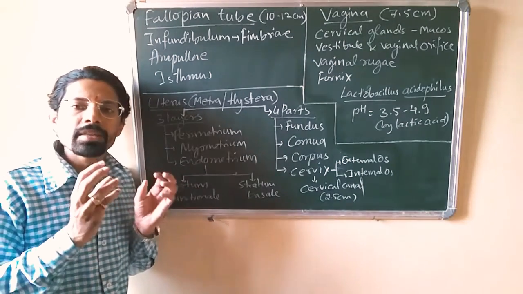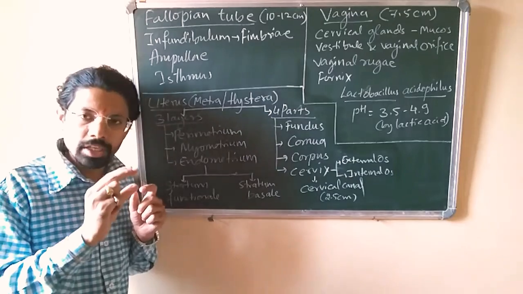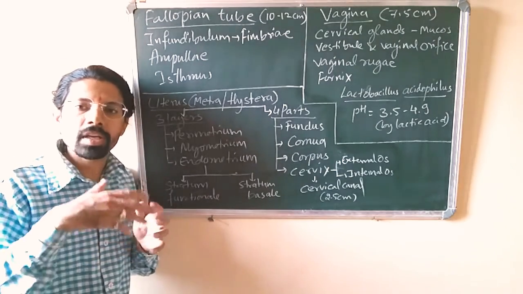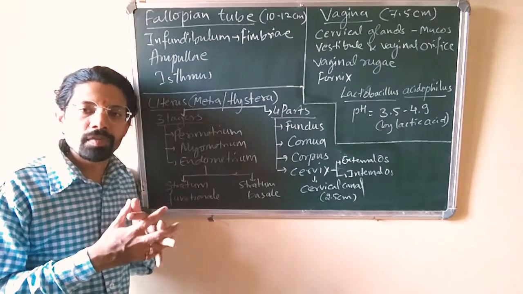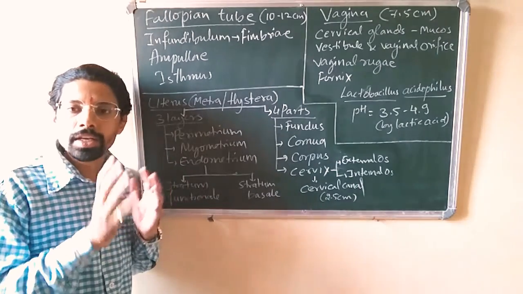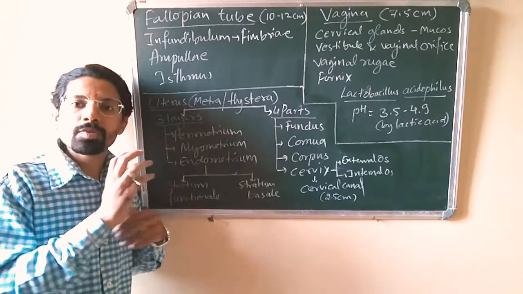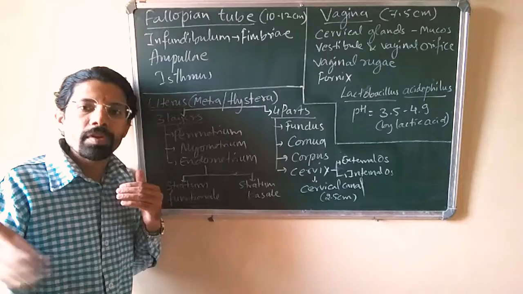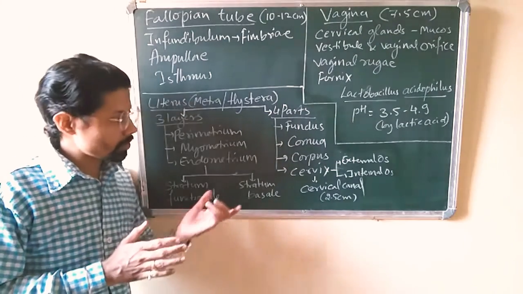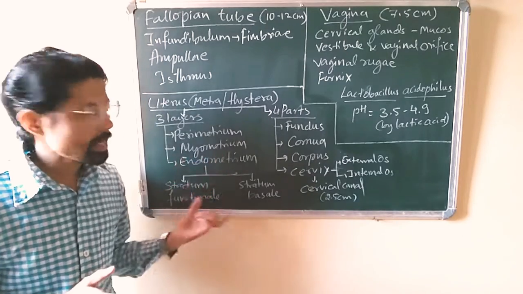Pars functionale is the upper, thick part, generally made of squamous epithelium, ciliated epithelium, and a mixture of cells, even mucus secreting cells also. This layer is also connected to blood vessels and it is periodically shed away during the menstrual cycle. Clear? Now this is about the outer linings of the uterus.